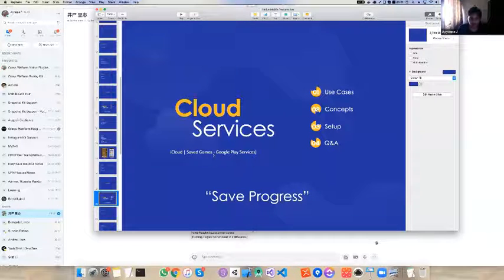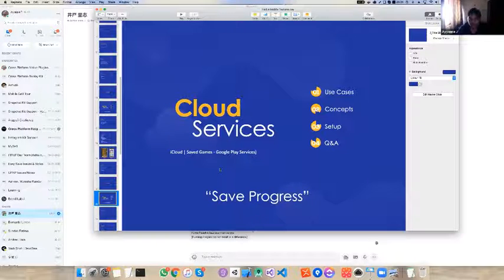Cloud services are a way to save the player progress. Consider your player is at level 50 and has some virtual coins. At most he can save it on his device, and if he wants to play from another device, his progress won't be shown because it's not accessible from another device.